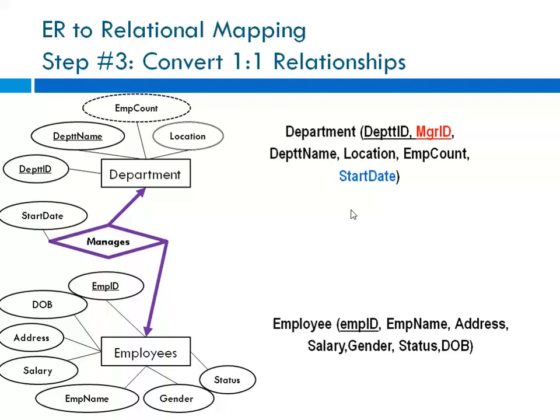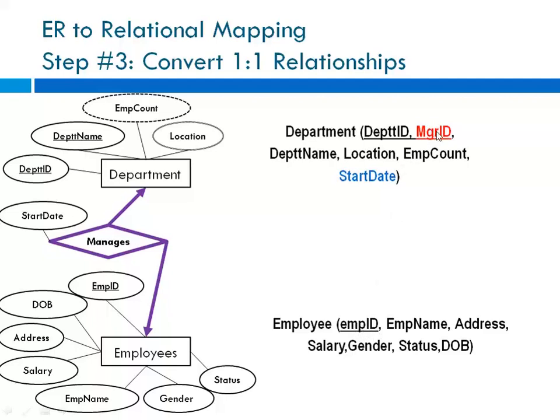How the one-to-one manages relationship is converted into tables is that, first of all, from department and employee we have to identify one table as the table where we are going to add the attributes of the relation, that is the start date. The manages relationship has this attribute, so it has to be added somewhere. So what we have done here is, in the department table the start date is added, the attribute of the relation, and the other table is employee, so its primary key is added as the foreign key here,